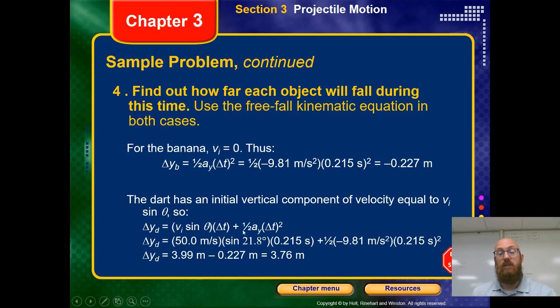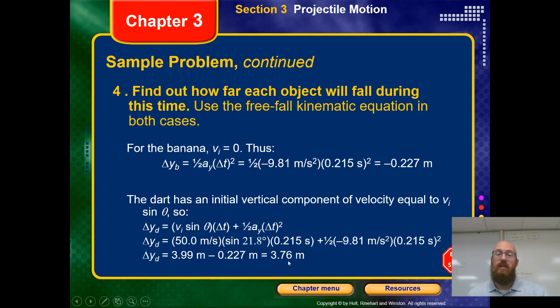And then understand, since you're firing it up, you've got to come back down due to gravity. So 1/2 acceleration due to gravity, or ay, times the time squared. So initially, hey, great, it was aimed at 4 meters, where the monkey was. But since gravity pulls it down, it's going to fall down here. Now we have a distance of 0.227 and